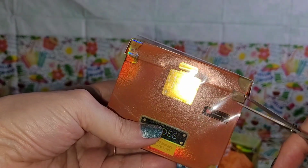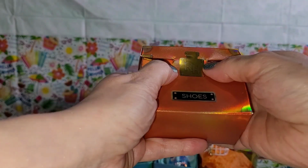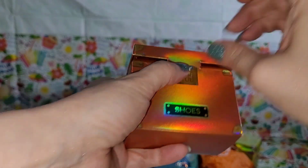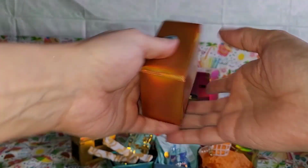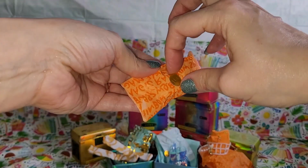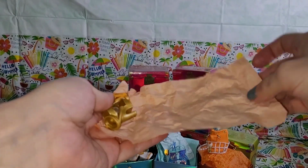Now we're going to open the orangey shoes. All this gook off. Some of them have that paper thing on the bottom and some of them don't. Sometimes you can go like that and pop it, but sometimes it won't let you, so don't ask me. Here we go. Let's see what shoesies we get. Trying not to look. Drum roll. Feels small. Let's see. What do we get? Okay,